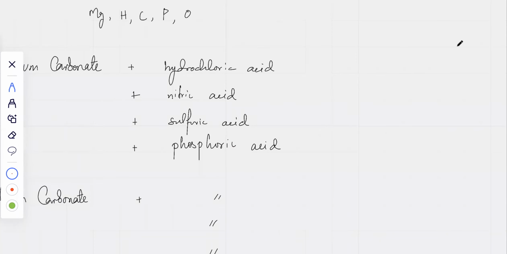Who's done with the first one? Send it to me. What's the formula of aluminium carbonate? Aluminium is group 3, remember that, it's +3, carbonate is -2, so it's going to be Al2 and CO3 would be 3, right? Plus nitric acid,